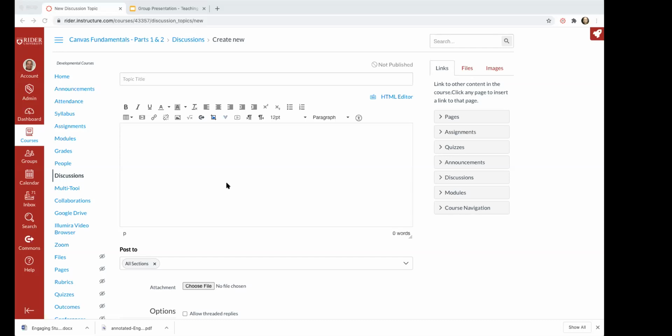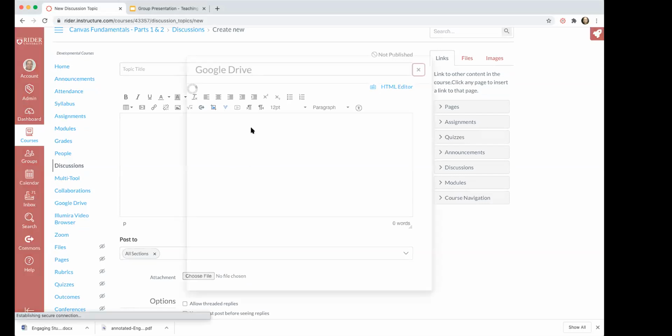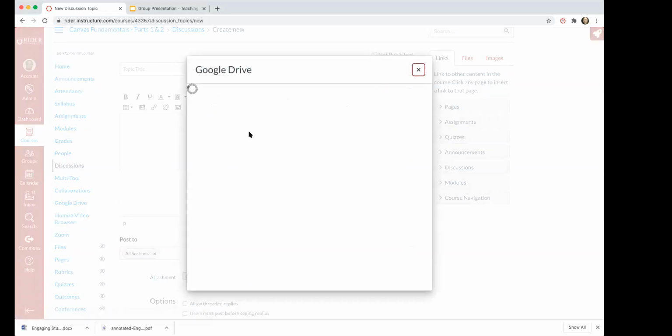So again, if I'm working within this course and I want to embed a Google Doc or a Google spreadsheet in this particular discussion, that external tools option in my rich content editor gives me access to the Google Drive option. And just like I just did, once this opens up and shows me my Google Drive,